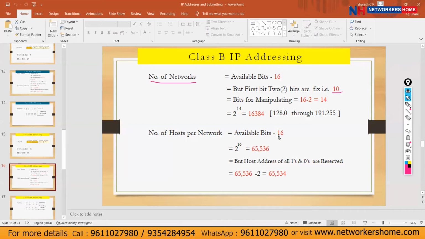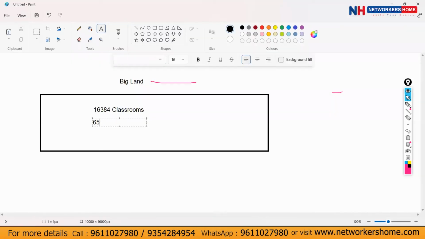Next, number of hosts per network. Host bits is 16. 2 power 16 is 65,536. We minus 2. Why? We have the network IP and the broadcast IP. We do not use them. Minus 2, so we have 65,534.